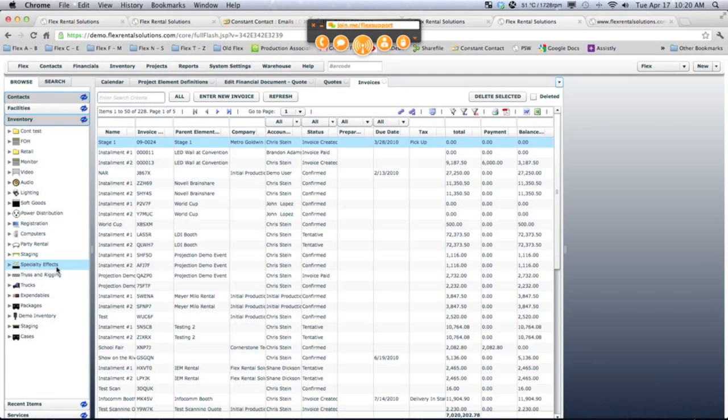That will just about do it for this page. I know for Flex internally, we use this page quite a bit on all of our invoicing. This is how we go through and do all of our invoicing. Oh, that brings me to